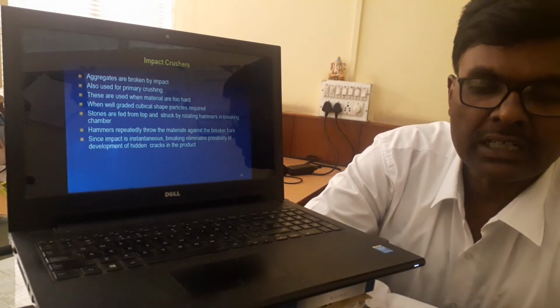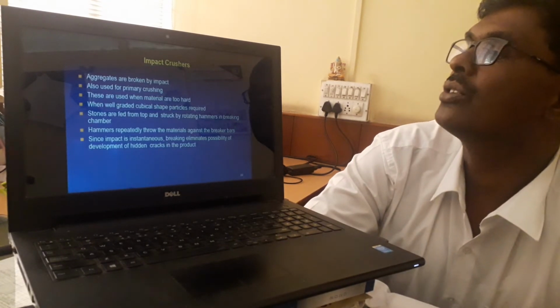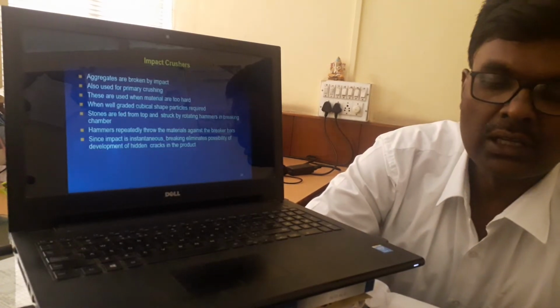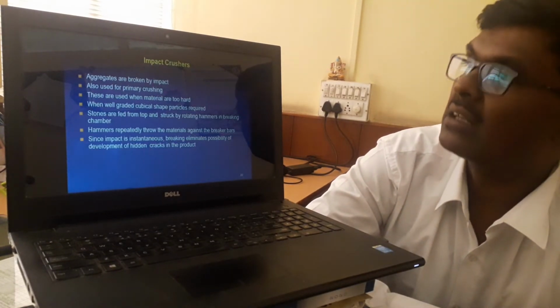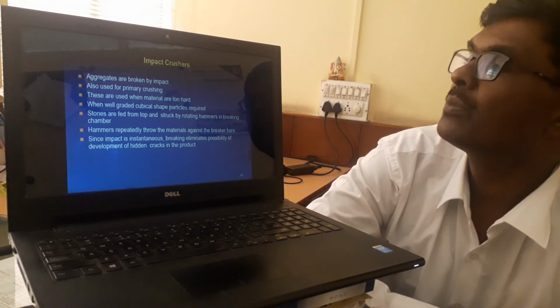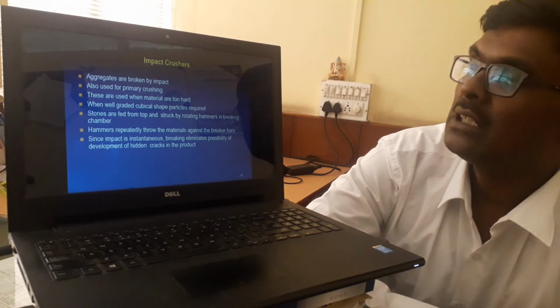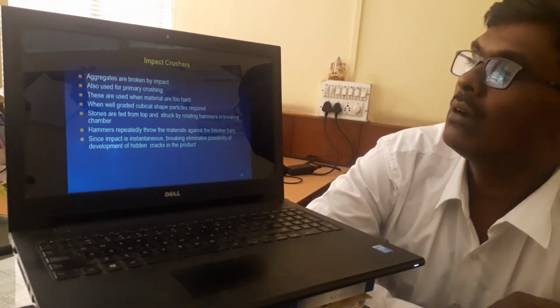When the material is too hard, these impact crushers are used. We get very good output from the impact crushers. We get well graded cubical shape aggregates, and how this breaking happens, as we can see